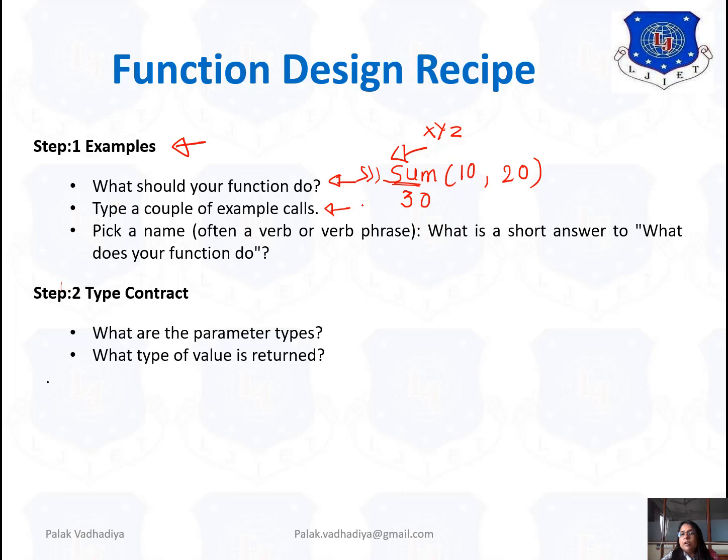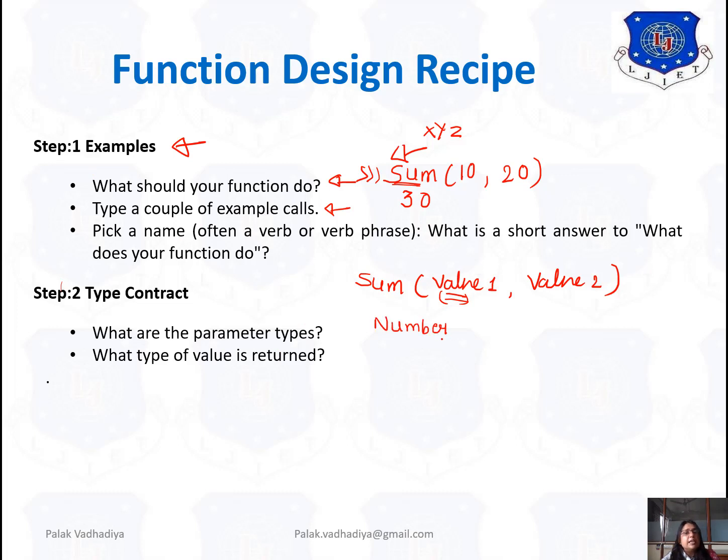And finally when you are specifying these two arguments, it will add them and display the result, which is 30. So that is also a number. So these are the parameter types. Value 1 type is number, value 2 type is number, and your answer is also a number. So what type of value it returns, that you have to specify.